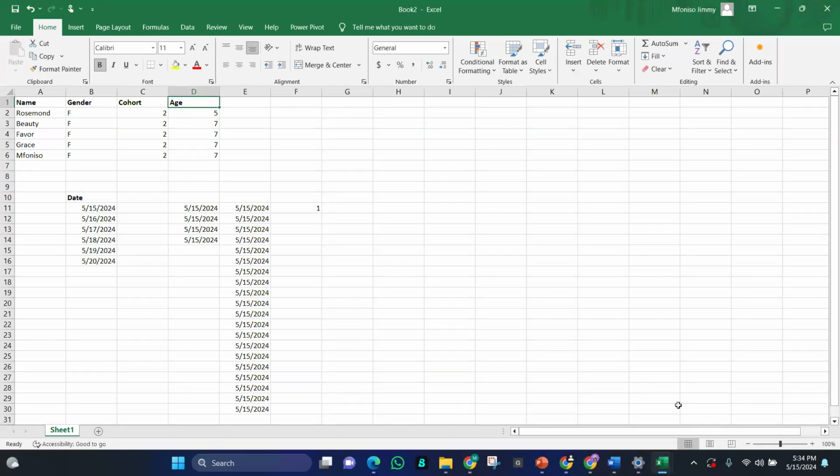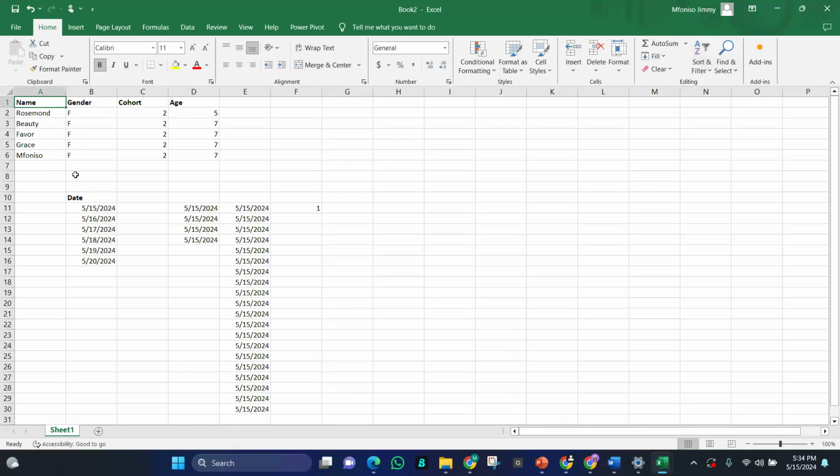I think I have to sort the age again. If I'm sorting per column, it will only sort per column. Other things will only move based on the column I am sorting. Sorting is arranging, for those that did not get me. For example, when sorting the name, there is a shortcut; you don't have to come here every time.